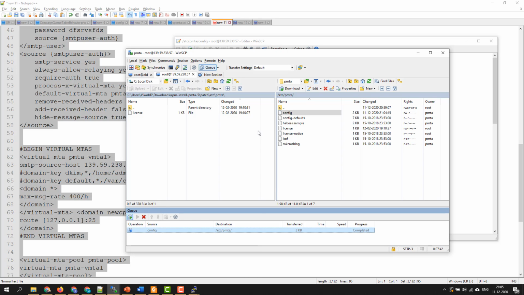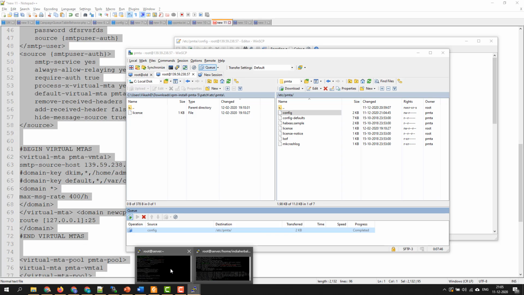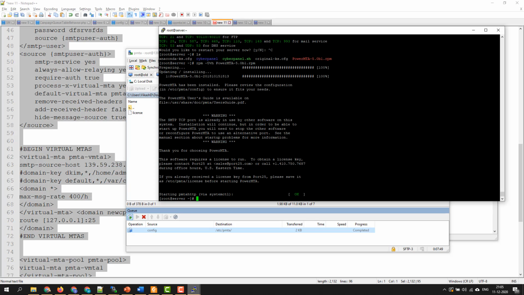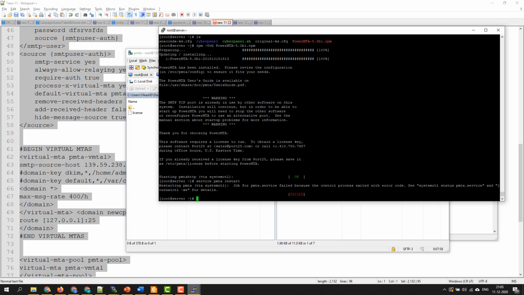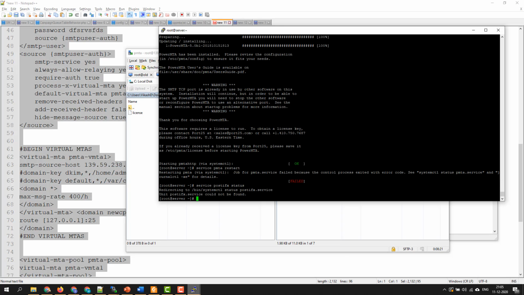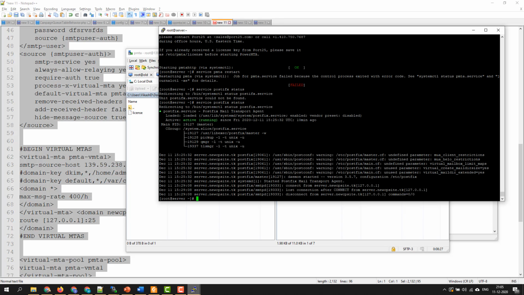Now we need to restart our PMTA. For restart we need to type PMTA restart. Okay, it is showing failed. One thing we need to check, because in Cyberpanel postfix has been installed, so maybe it is using our port number 25. Let's check. Service postfix status. Okay, we typed it wrong. It is active, so that's why